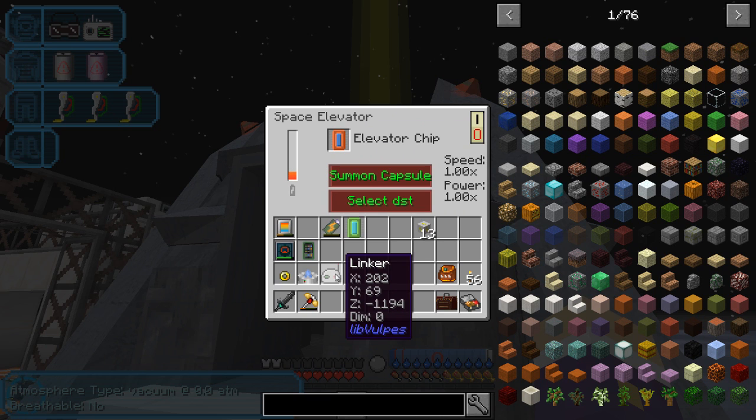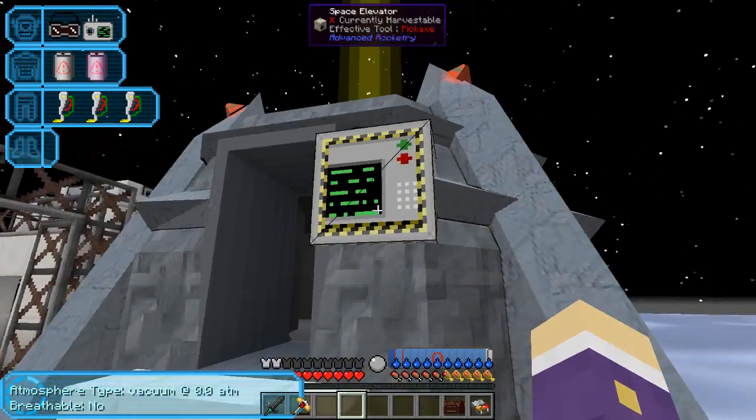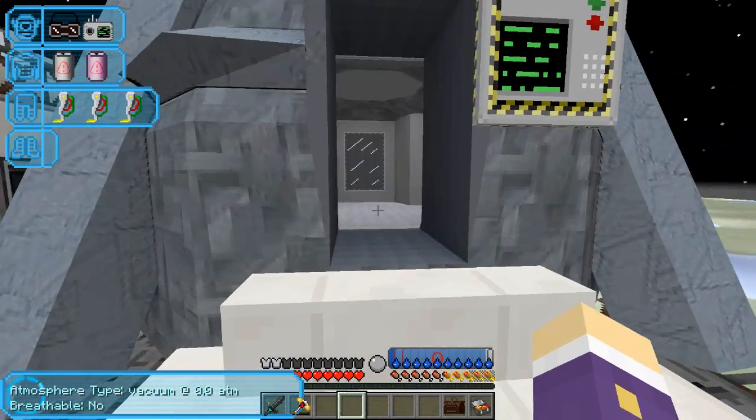But either way, I took the linker, shift right clicked the elevator that I wanted to select, and then this one now contains 2 destinations. The destination I want to select is that one, so we've got that. It automatically selects it, I guess, and when it's up to a decent power, which it now is, I should be able to just step into...